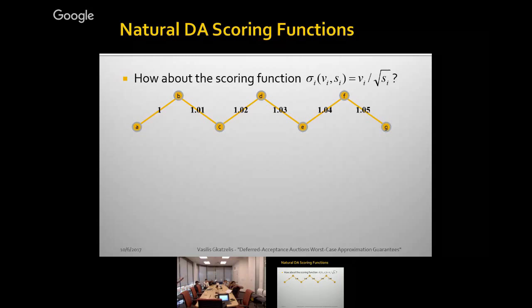What would the forward greedy do? Let's remind ourselves. It would accept this guy over here first. Then that would mean it will have to reject this guy. Then accept this guy, reject this guy, accept this guy, reject this guy. So this is actually pretty good. In this instance, it's actually the best you could ever hope to do.